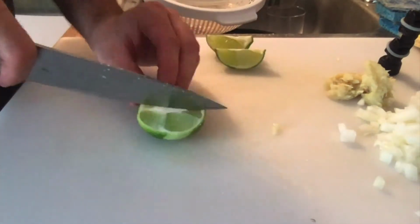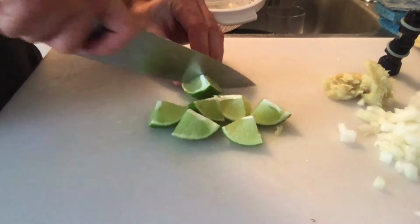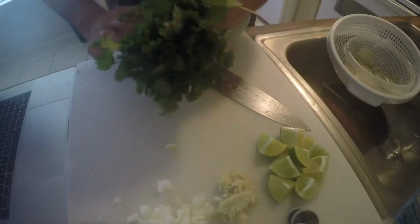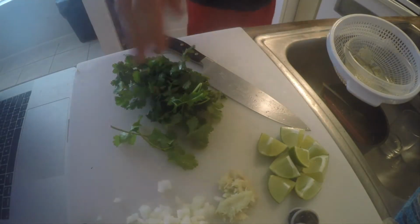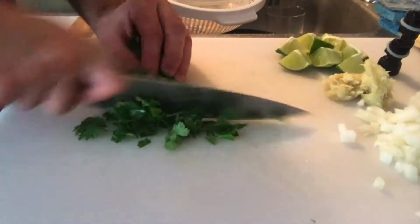Let's get our limes ready. Obviously, you can't have a taco without lime. It's not really a taco. What else do you need? Cilantro. Some fresh cilantro, ball it up, bundle it up into a manageable piece, and then just chop it real